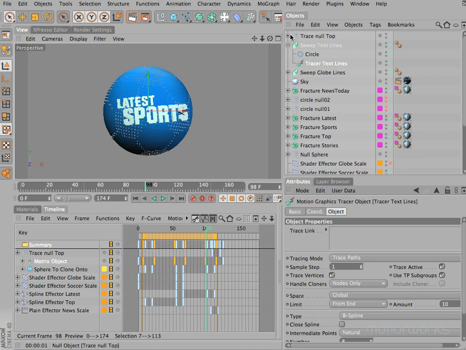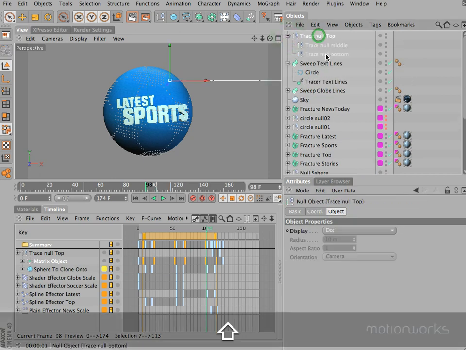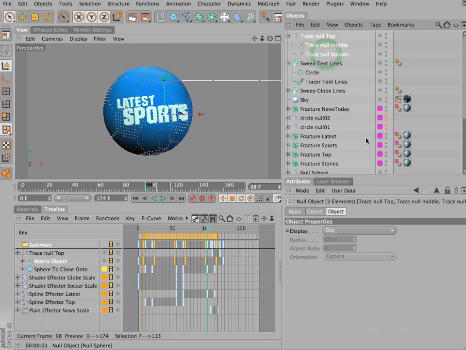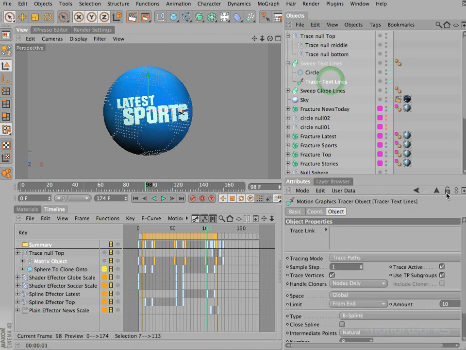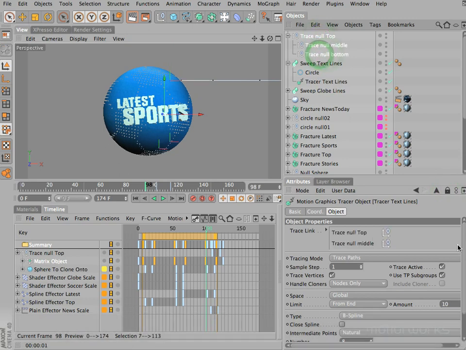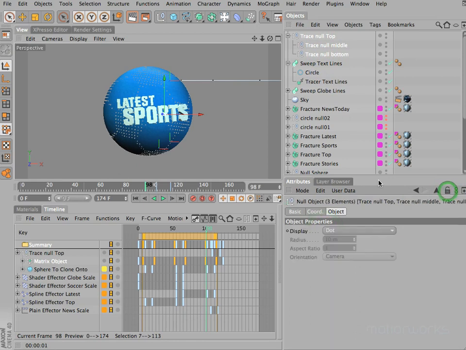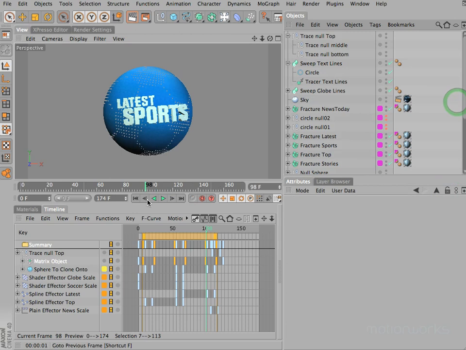And what we need to do now is drag these null objects into this link so we can select them all and then our tracer disappears. So what we probably want to do is just lock that tracer and then we can select our nulls, drag them into that list. If we unfold it here, we can see that they're all in there. We can now unlock the attribute manager. If we deselect, and let's just press play,